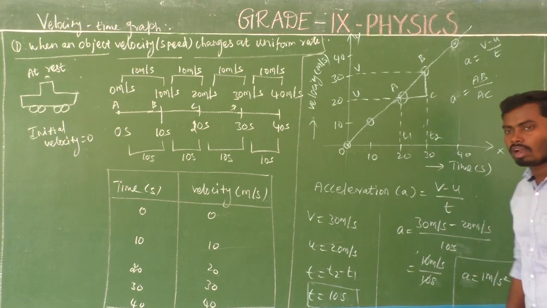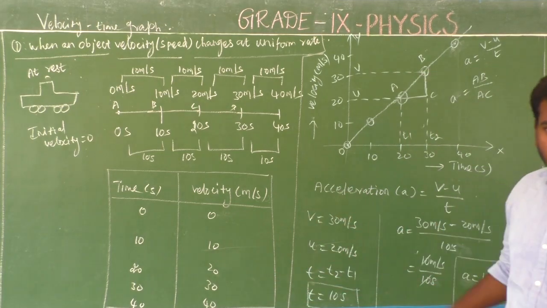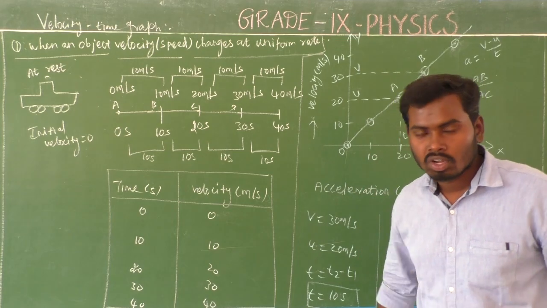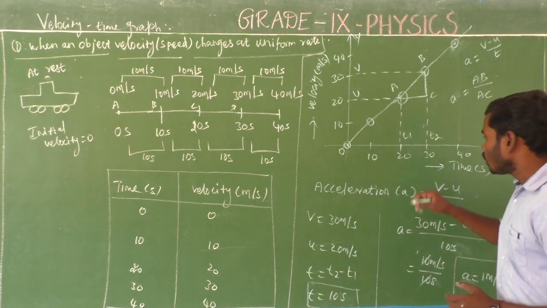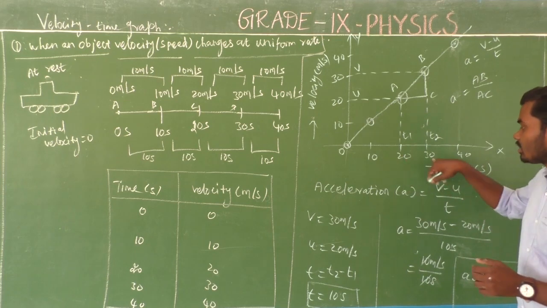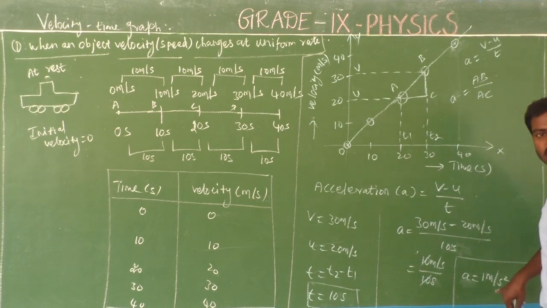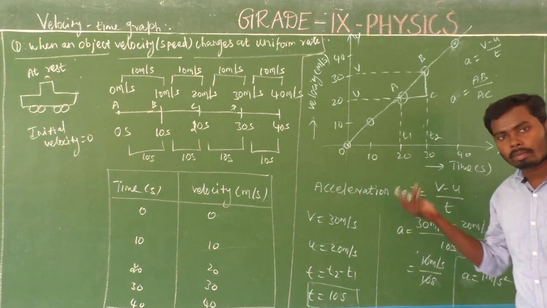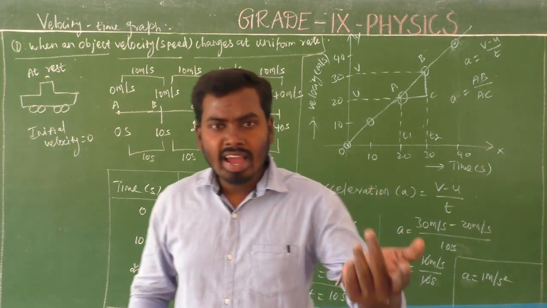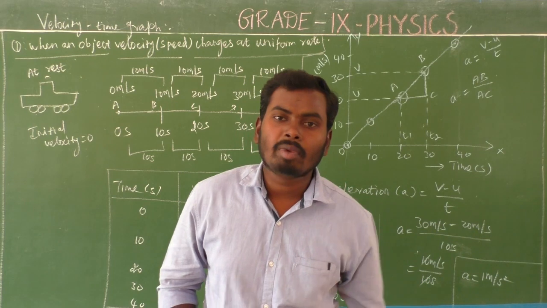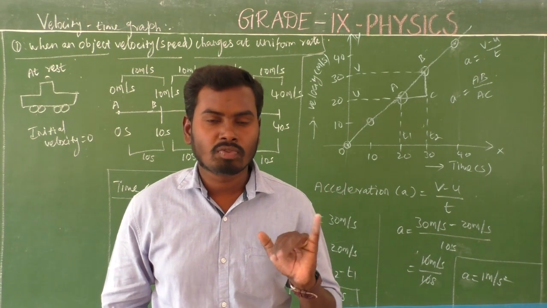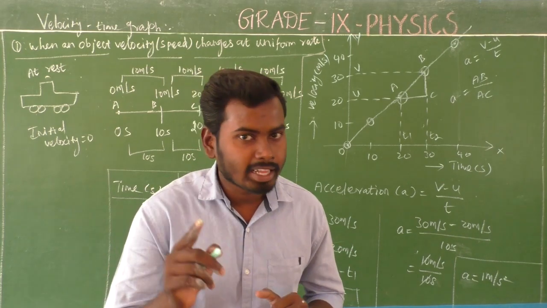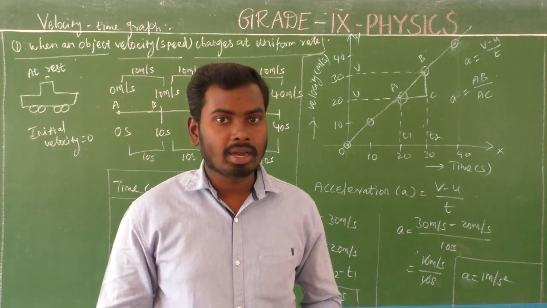So that is called the velocity time graph. This velocity time graph is used to find out the acceleration of the object during a particular interval of time. So during the time interval of 20 second and 30 second, the acceleration of the object is 1 meter per second square. Yes, that's all. This is the velocity time graph. Is it clear? Already I said, with the help of the velocity time graph, we can find out two quantities. First one, acceleration, and second one, magnitude of the displacement.